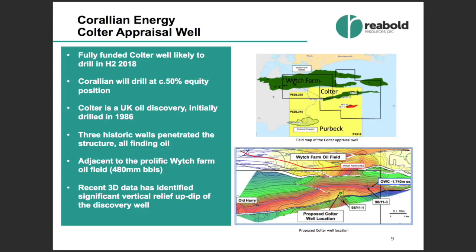The other well in the Corallian portfolio also to be drilled in Q4 of this year is Coulter. And Coulter fits into the profile that we talked about because it's just south of Witch Farm. BP drilled a number of discovery wells on the Coulter location, and the reprocessed 3D seismic data along with these historic wells, amongst other changes that took place in this license area or in this basin, meant that Coulter is now a very attractive low-cost opportunity, and the pathway to monetization being clear because we know that Witch Farm is